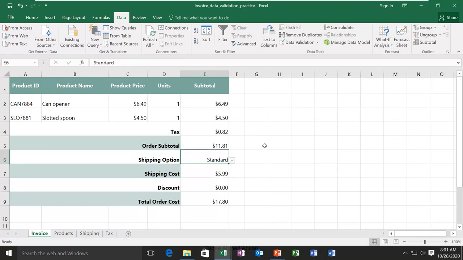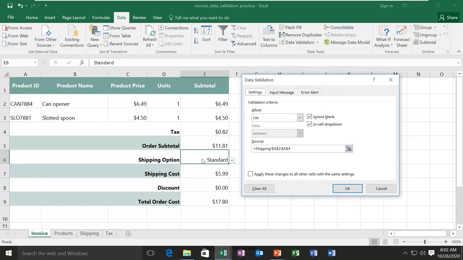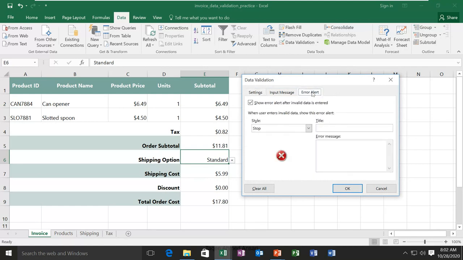You can also set the error message which you want to show. When you go to Data Validation, selecting the cell, you can select the Error Alert tab and choose what error message you want to show. You can select Stop, Warning, or Information.